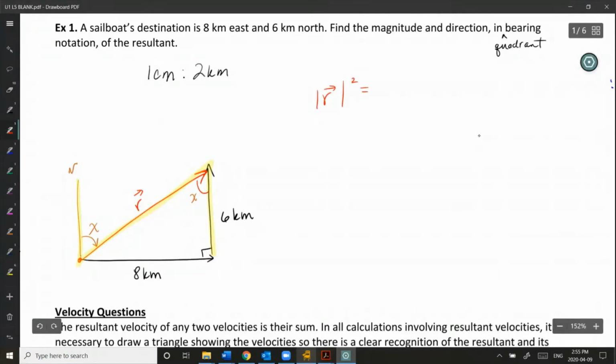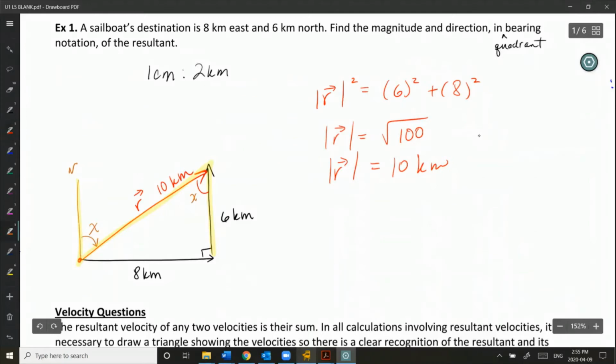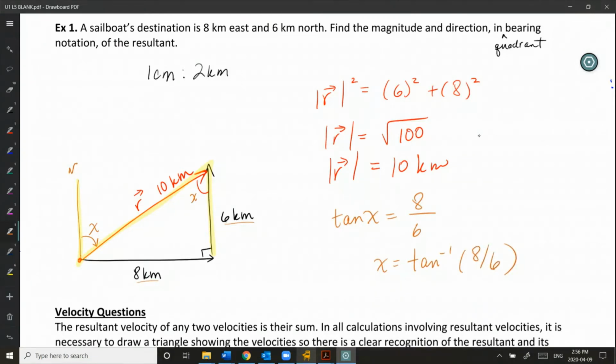Okay, let's start with the magnitude of the resultant. This is a right angle triangle, so I'm simply going to use Pythagorean theorem in order to find this. And you should get a magnitude of 10 kilometers when you enter this in. And just in case maybe I got the wrong answer for this, I'll use the two sides that I already was given in the question in order to find the angle. So tan of angle x is going to be equal to opposite over adjacent. You're going to do tan inverse of 8 over 6. Making sure you're in degree mode, make sure you have your calculator out so you can follow along with us. And you should get